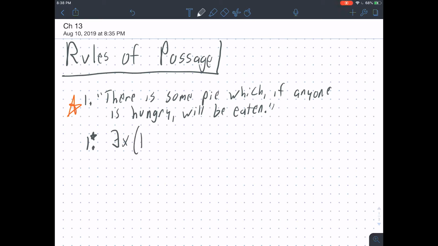So there exists something that's a pie, and if anyone is hungry, and that's another way of saying if there exists someone who's hungry,